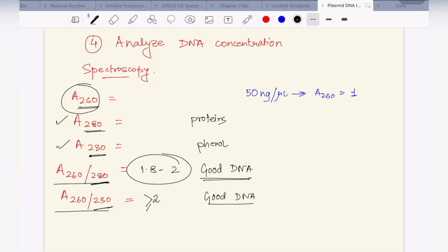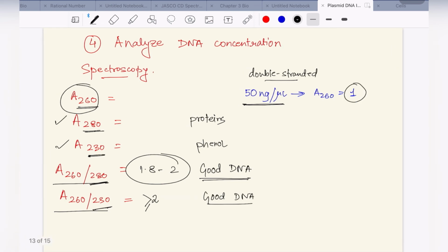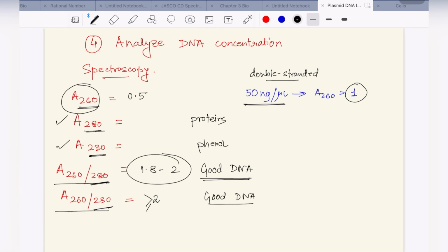And we also need to calculate the concentration of the DNA from the absorbance values. Now, how do we calculate that? We know that if the DNA is double-stranded, which is the case for us also, because plasmid is double-stranded DNA, a concentration of 50 nanogram per microliter gives an A260 value of 1. So suppose we get the A260 value of our sample as 0.5. From this we can calculate the concentration of our DNA, which will be 0.5 into 50. 50 is this conversion factor, and then we also multiply it with the dilution factor. So suppose we have eluted 30 microliter of DNA, and we take 1 microliter of DNA and dilute it